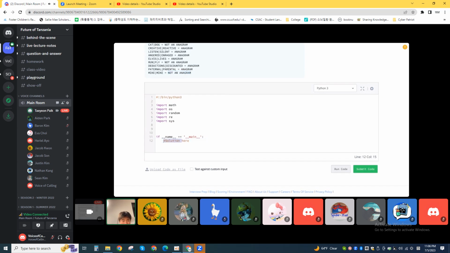So I'm going to code the answer to this problem. What we want to do first is get the number of test cases and then store it in the variable n. Then we're going to iterate through a for loop n times in order to solve for the n test cases. And for each test case,